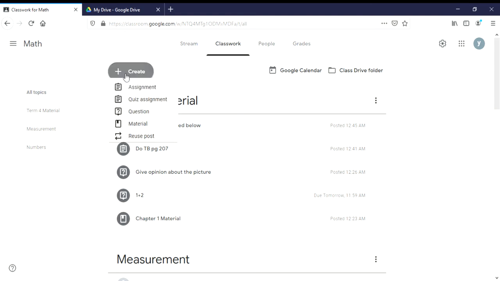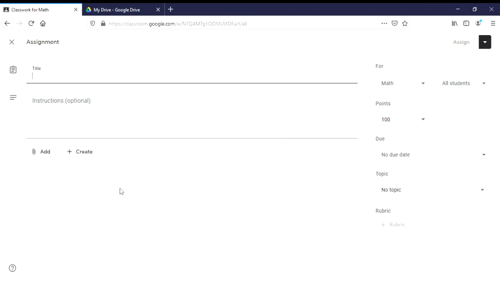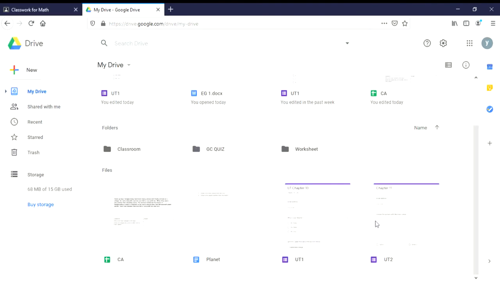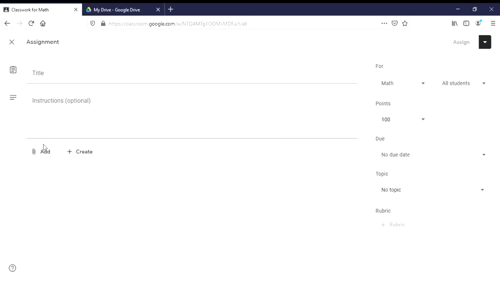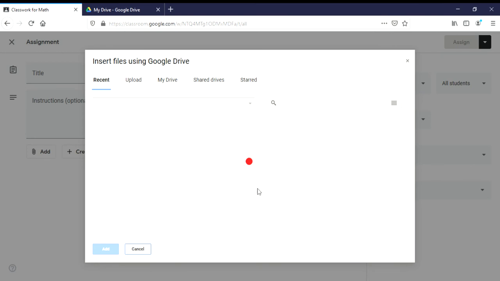So you can just do it in the assignment, and if you want to create a Google Form, you will see that like before it will generate a Google Form for you. You click it and create it like how we created this before. But since we have created it, what I'm going to do is take it from my Google Drive.